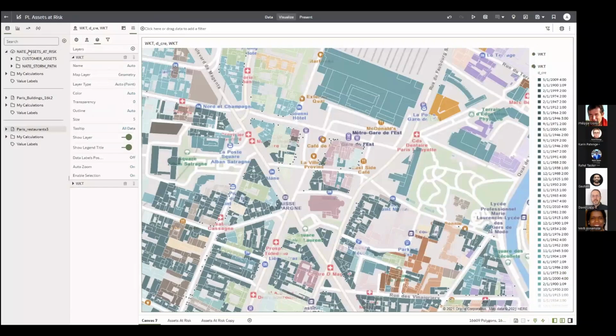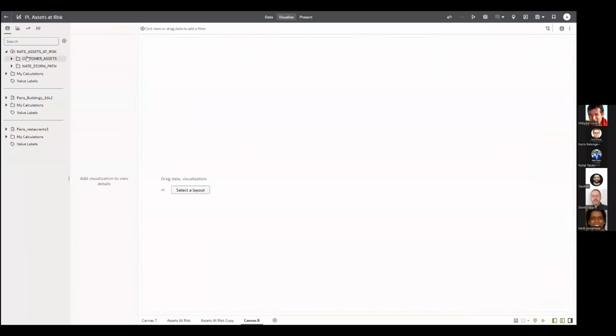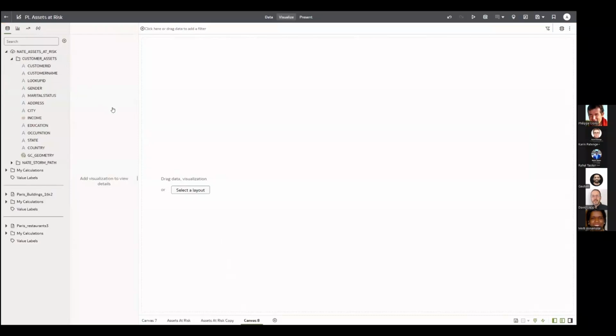is exactly possible with a database data source. So if you see here on the top left, I've already created a connection in Oracle Analytics that points to a database. And the database here, just like I was showing you buildings, holds geometry data from the geometry data type, Oracle database,